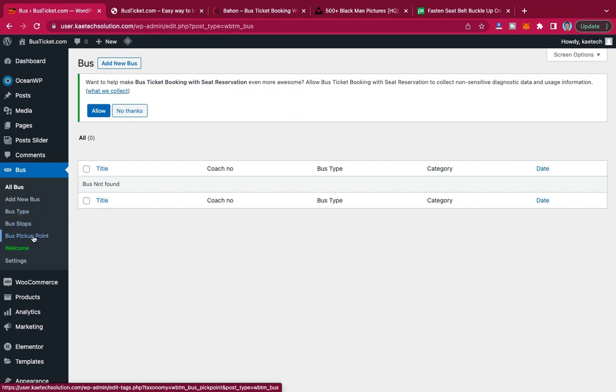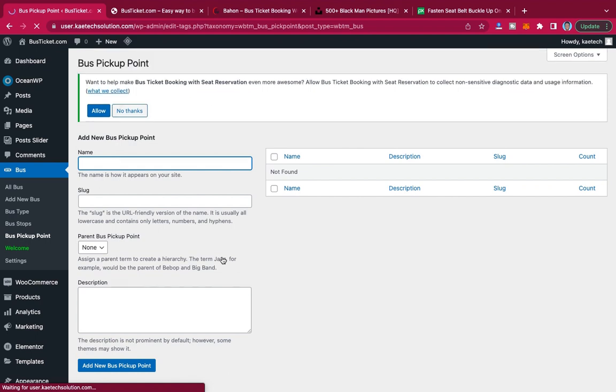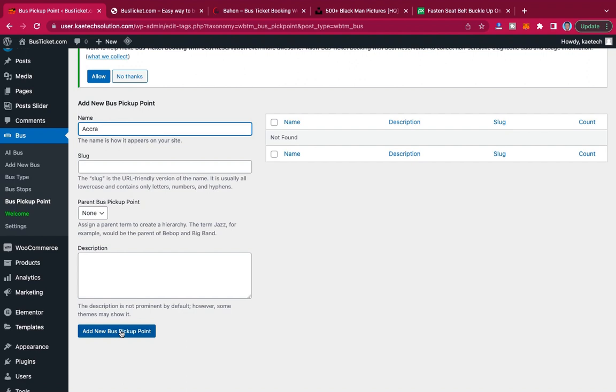So let's start with the bus pickup point. The pickup point is where you want people to pick from, basically the stations that you want people to pick from. I just want to create some pickup points within Accra, and then I'll create those same pickup points as bus stops also. Let's say this is Tema Station. I'm just creating pickup points. Okay, this is Accra, I'll just add it as a pickup,